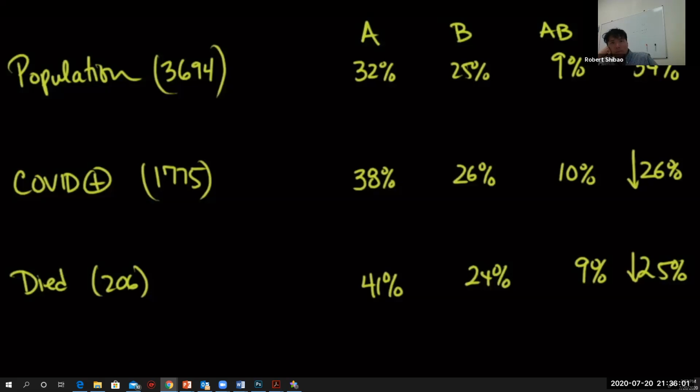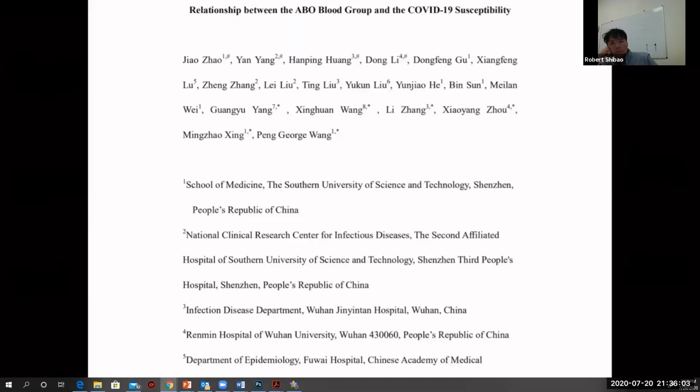Now, key point, this paper at the time that it came out was not peer-reviewed. And as far as I know, it still has not been peer reviewed. If somebody has information on that, I'd certainly love to hear it. We could also do some peer review on it here.